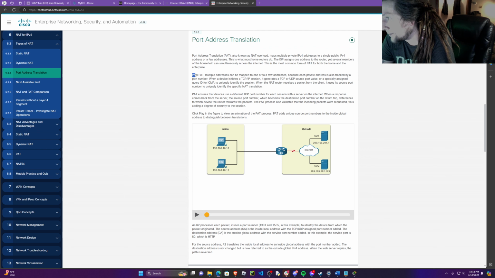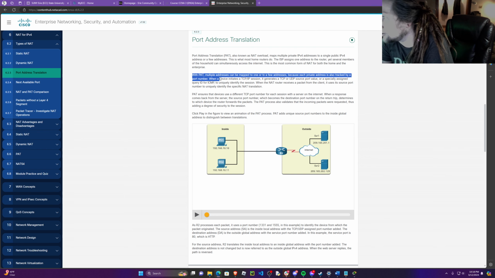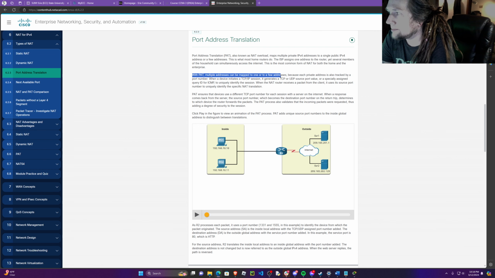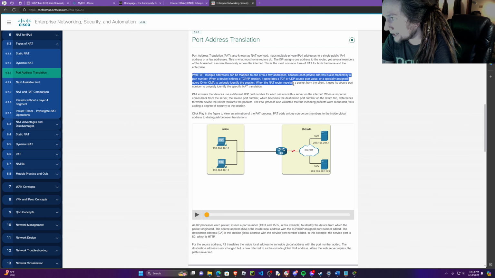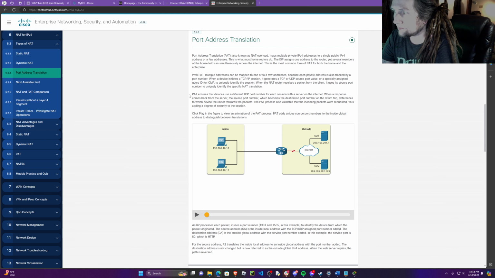With PAT, multiple addresses can be mapped to one or to a few addresses because each private address is also tracked by a port number. When a device initiates a TCP/IP session, it generates a TCP/UDP source port value, or specially assigned query ID for ICMP, to uniquely identify the session. When the NAT router receives a packet from the client, it uses its source port number to uniquely identify the specific NAT translation. PAT ensures that devices use a different TCP port number for each session with the server on